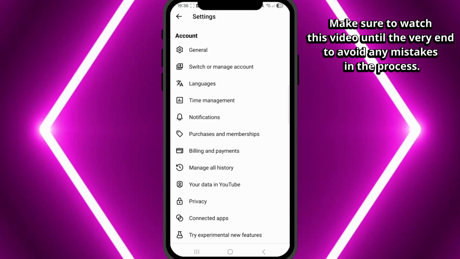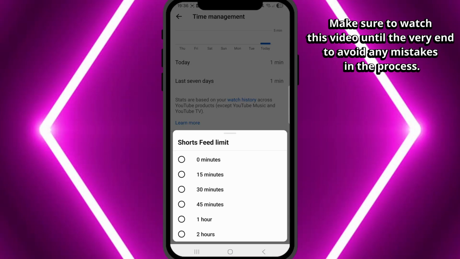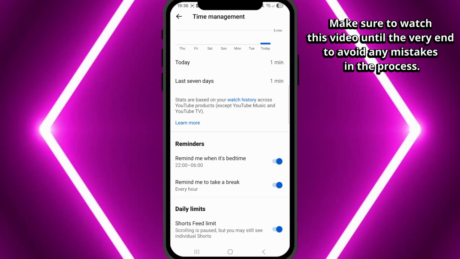Inside settings, look for the option called Time Management. Scroll down and select Shorts Feed Limit and set the limit to 0 minutes. By doing this, you are basically disabling the Shorts feed, so you won't be able to scroll through short videos